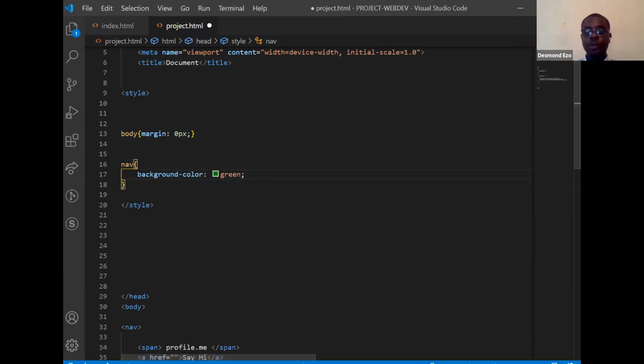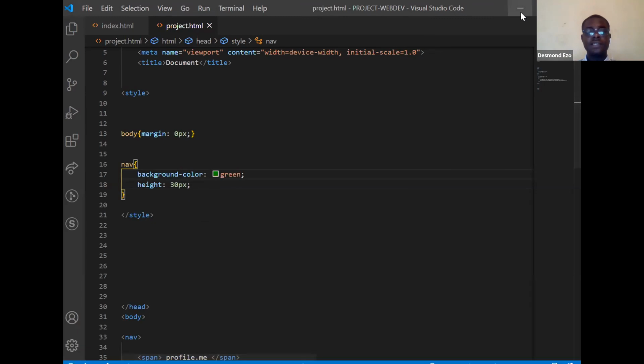So the next thing I want to do is to add space to this, because this image here has a lot of space. So I'm going to add a height to it. I want this navigation tag to have a certain height. So I will do that. Height is a property, so I'll just say height. And I want it to have a height of, let's say, 30 pixels. 30 pixels is not that high, but I want it to have a height of 30 pixels. So it will be 30 pixels high. Okay, that's really small.